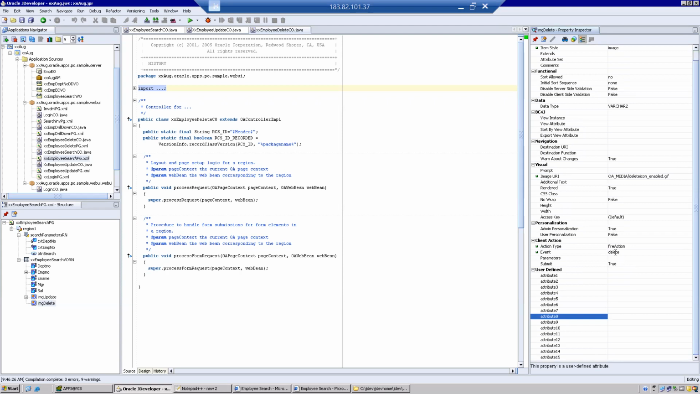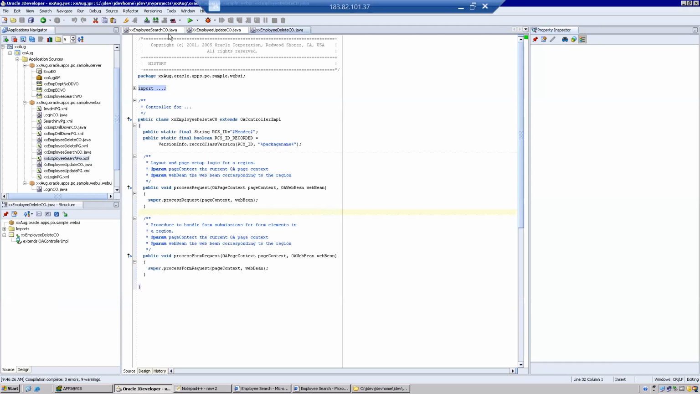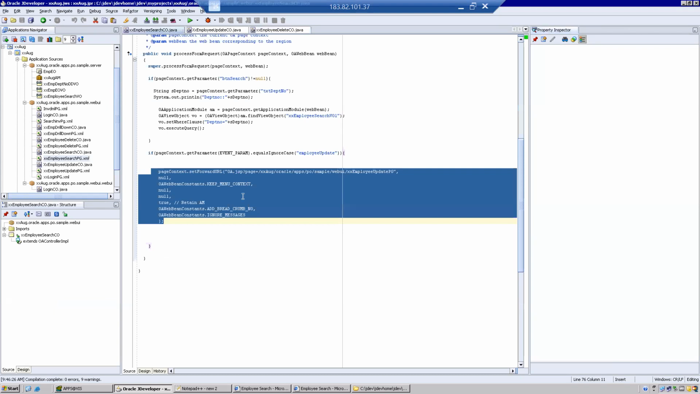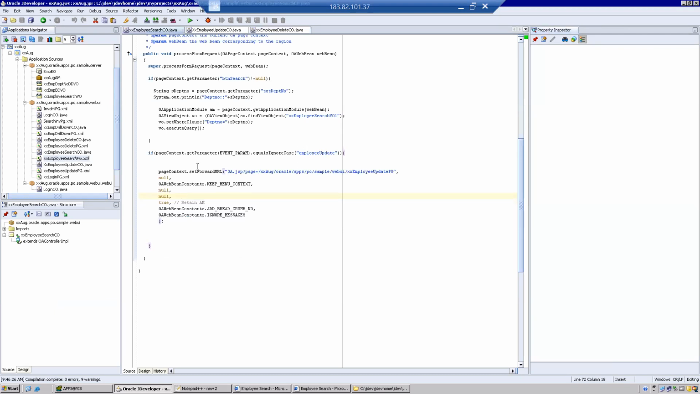Now, whenever the user clicks on this delete, we have to navigate to the DML delete page. Where you have to write the update page, see, we have written the same update. How do we write it? page context dot get parameter event param. Similarly for delete, if page context